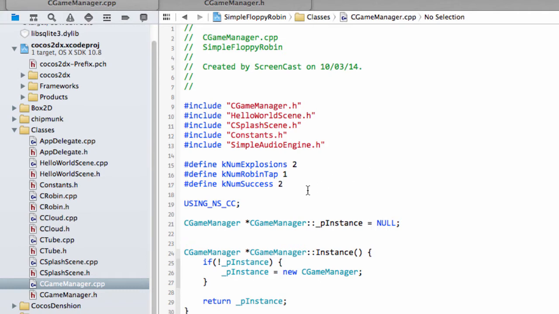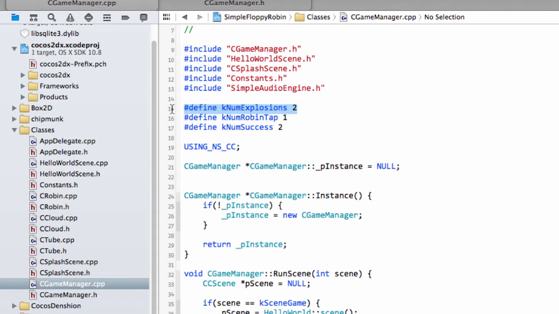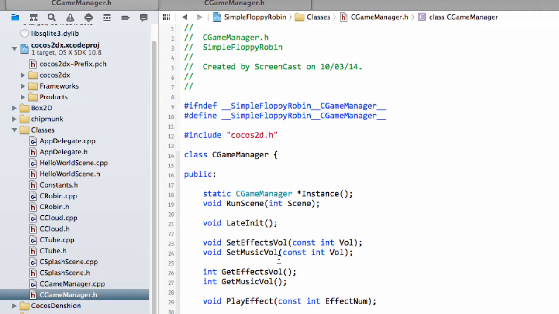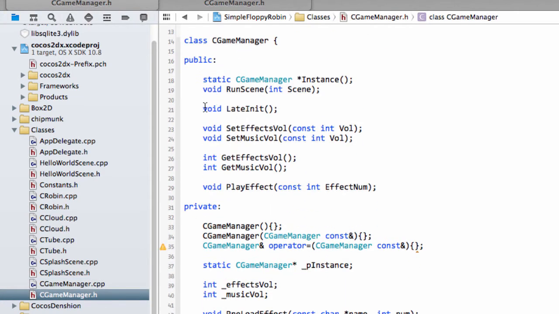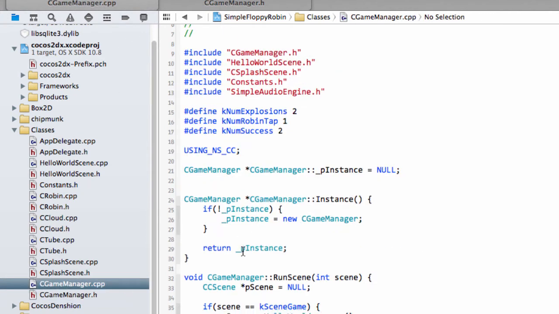The reason we're doing it like this, you'll see in the code, is it allows us, if we add more sounds in, to simply change this number here, and the rest of the code stays all the same. And what we'll do is, when we have more than 1 sound, play a randomly selected sound. Back then to CGameManager.h, let's take these functions first of all here and drop them into the .cpp,